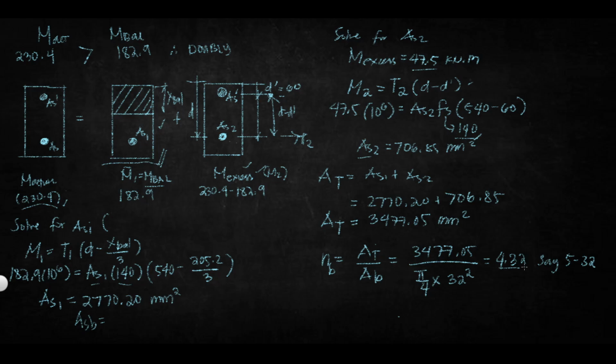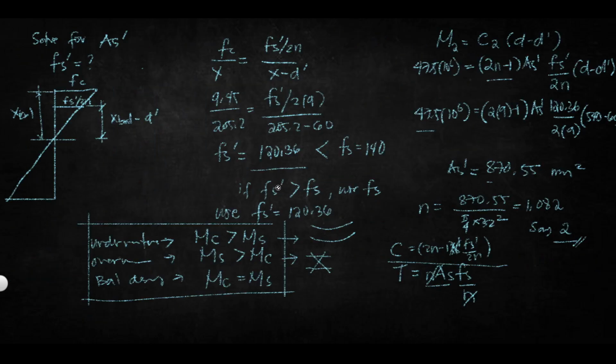So, which is from 4.32, always round up. Okay, we have 5 pieces. Okay, 5 piraso ng 32 mm diameter bar. Ito po yung sagot natin for this tension steel. Okay, so next tayo class is dun po tayo sa compression steel. So sa compression steel naman class,